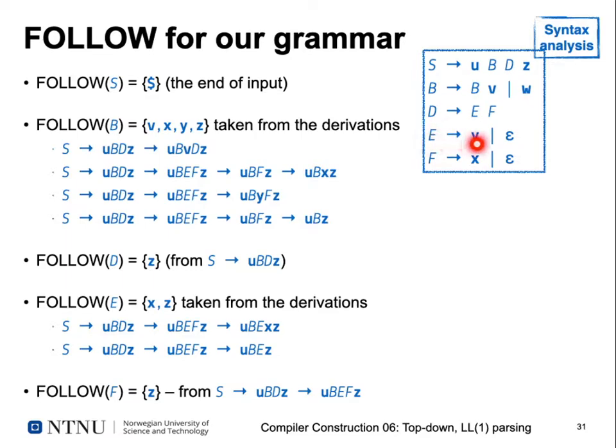Follow of E, you need to construct again by taking a closer look. So E can be either resolved here this way by U, B, D, Z going to U, B, E, F, Z, and then if we still have the E here, we can either have the X by resolving the following F here to an X, or if we resolve this F to an epsilon again, then we would finally derive U, B, E, Z, because we've derived the D to E, the F to epsilon, and then after our E, we have a Z here. So the follow set for E is X and Z, and the follow set for F is simply Z,